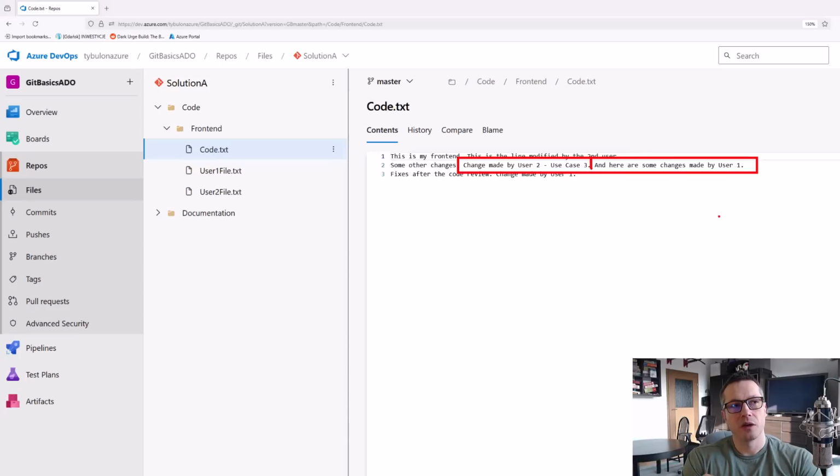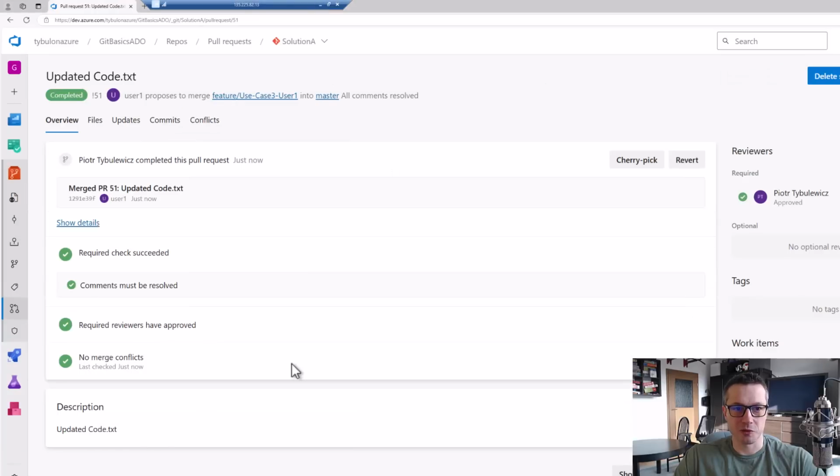But we did this through a web browser. Now, sometimes this web browser is not good enough. Or maybe you are working locally and you don't have a web browser available. So how to do this without it? And yes, it is possible in Visual Studio Code. So let me show you the final use case where we will handle a merge conflict locally using Visual Studio Code. So let me switch to user 1 environment,